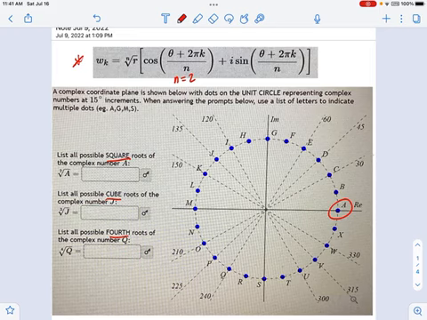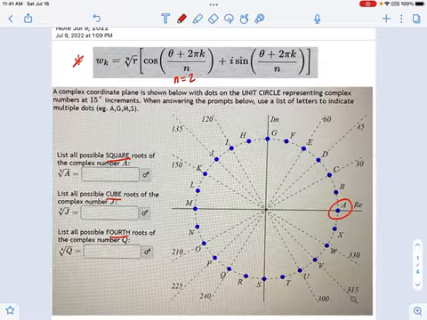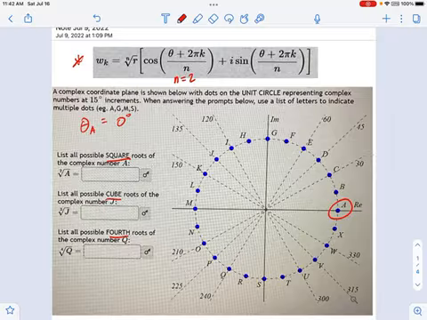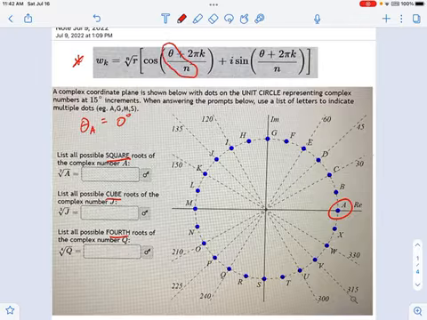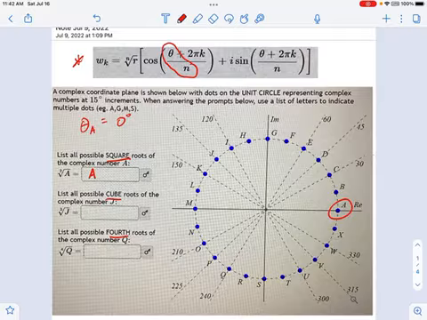And here's why. The modulus of A is 1. That means the square root of 1 is going to be 1. It will have the same modulus. It will be on the same circle. The question is, where's the angle? So what's the angle of A? You should be getting something like this as you look at it. I don't think this is too hard. 0 degrees, right? Or 0 radians, however you want to think about it. Well, what we have to do with De Moivre's theorem is divide that by 2. So what's 0 divided by 2? That means A is its own square root, which makes sense if you think about it. What's the square root of 1? Well, it's 1.